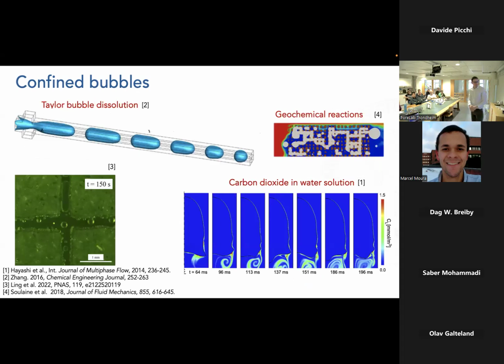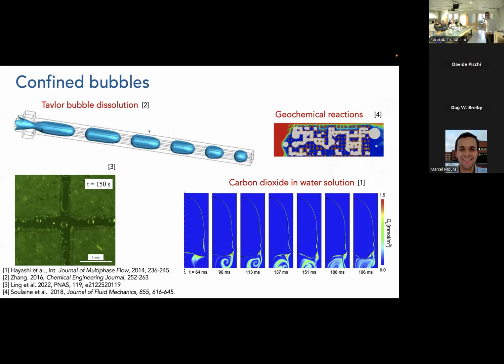There are also other applications where bubbles are studied in combination with heat or mass transfer. This is a case of bubbles of CO2, which are slowly getting